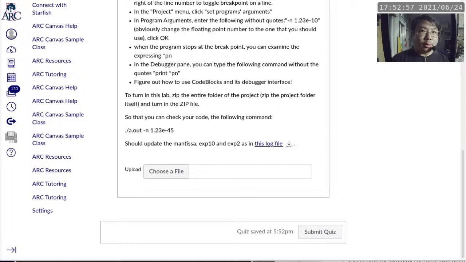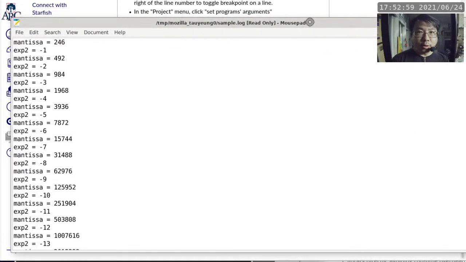And I'm going to bring mousepad into view right here. So you can see how the Mantissa is getting changed, and every time the Mantissa changes, either exp2 will change or exp10 will change to compensate for the change of the Mantissa. You can see initially, this is a pretty long file, by the way. Initially all we are doing is just doubling the Mantissa, and every single time we double, exp2 is going to decrement by 1